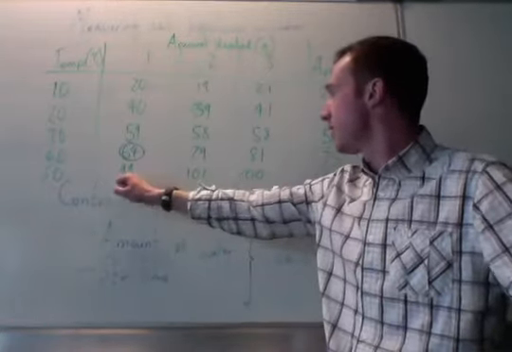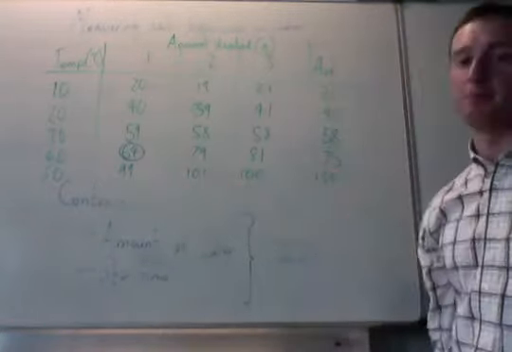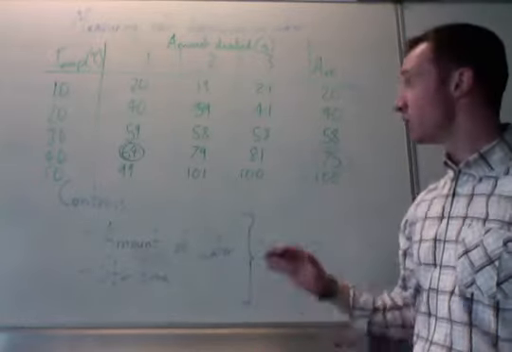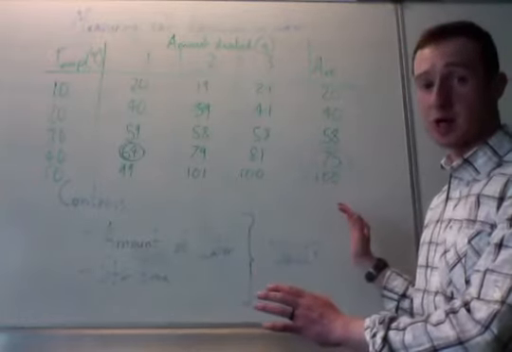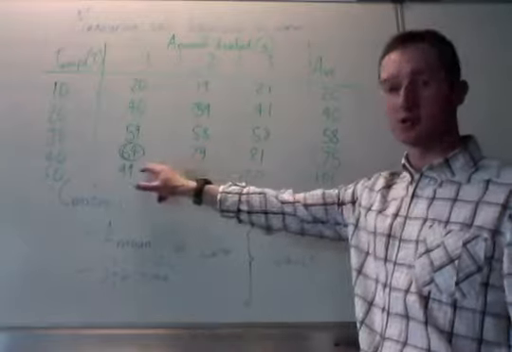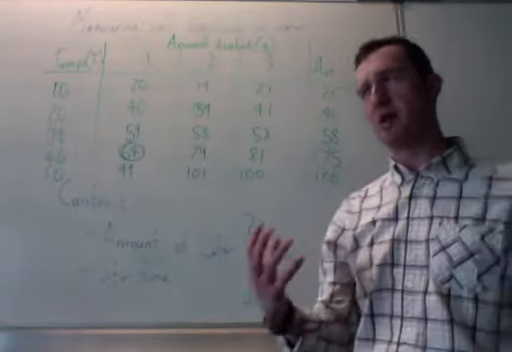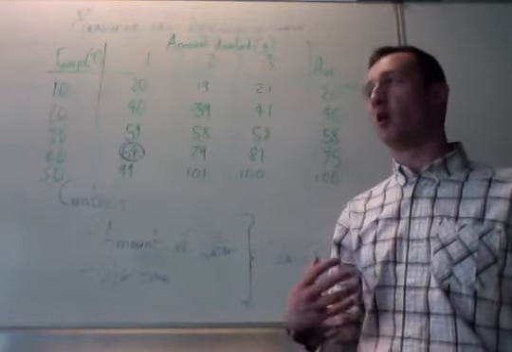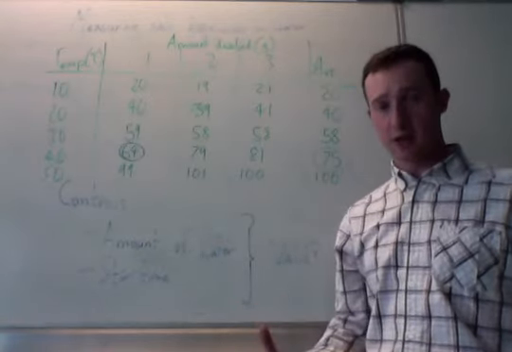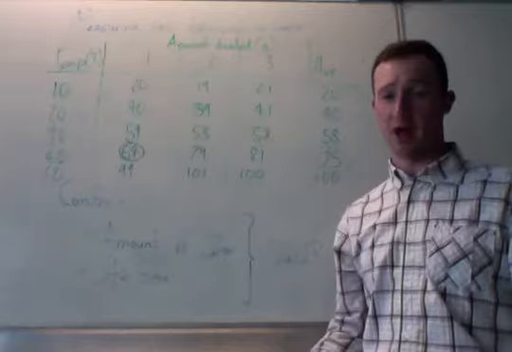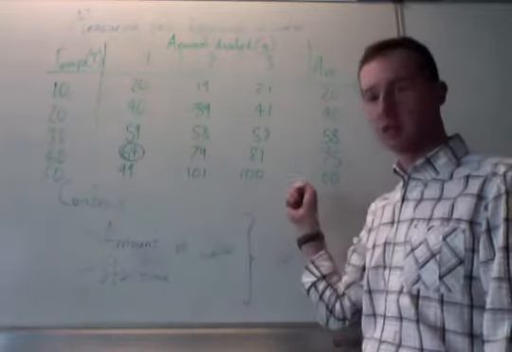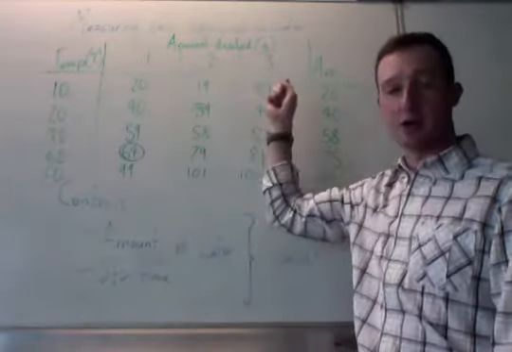Then we look at this one, 99, 101, 100, back to being reliable again. So overall, I'd say these results are reliable, but there is one that is not, and that's what I would talk about in my conclusion. So when we talk about reliability, we don't say, all of my results look okay, therefore they are reliable. Are they close to the others? This is why we do trials.